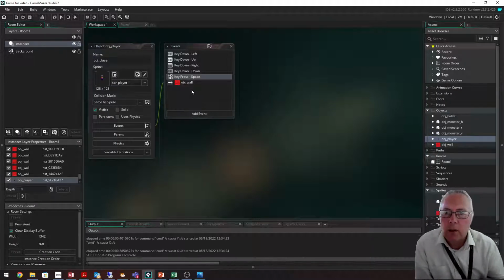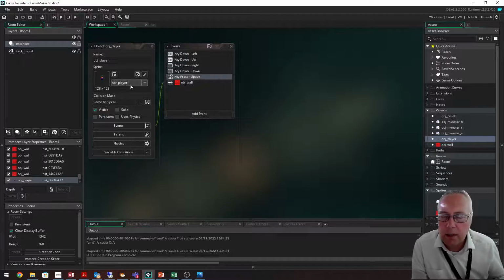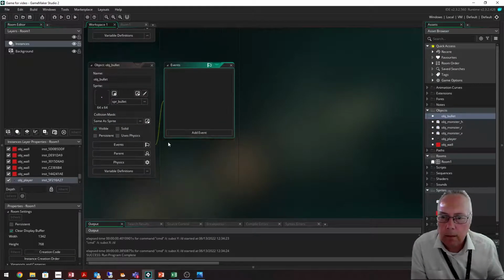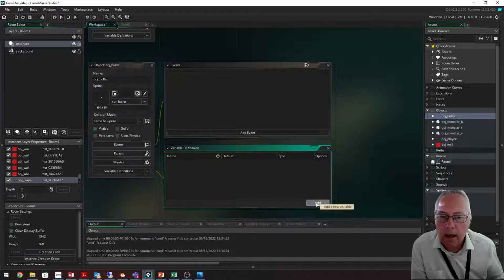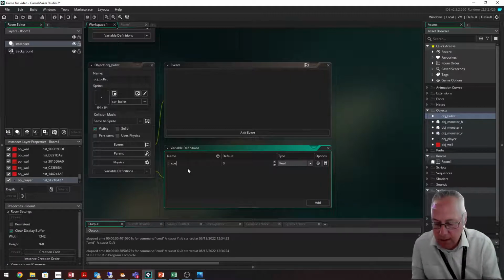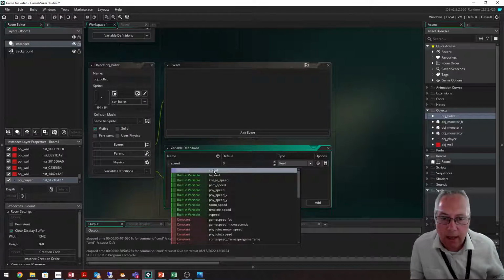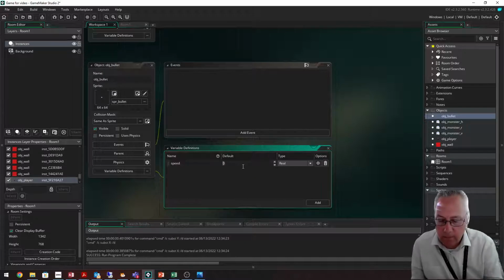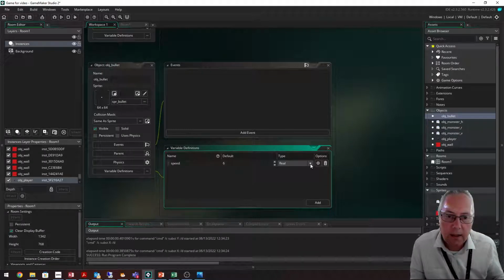So how do I get the bullet to move? Well, same as I did with my monsters, I have my bullet object, and all I need to do is to give it a speed. So I just need to add a variable definition, and I'm going to add a variable called speed, like we did last time, and this time I'm going to get my bullet to travel at 6, and again it's an integer. So if I run the game now,